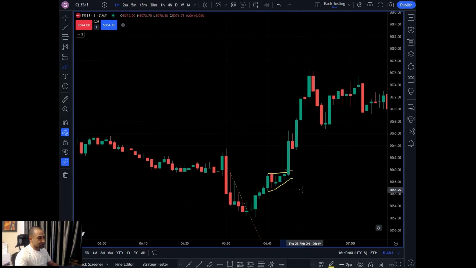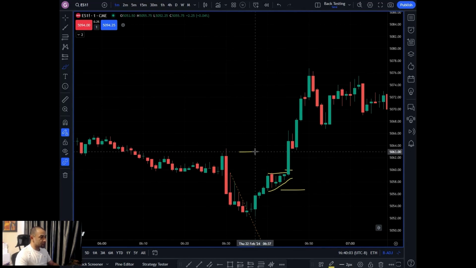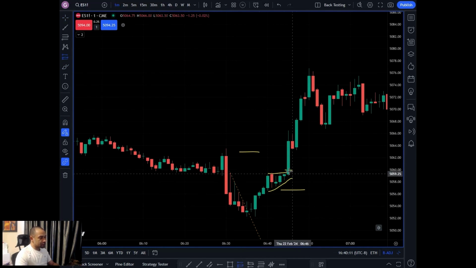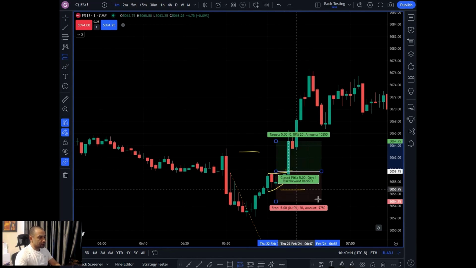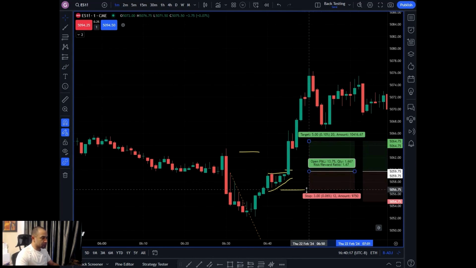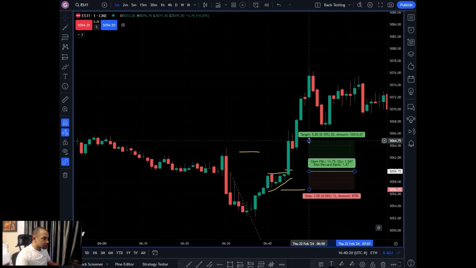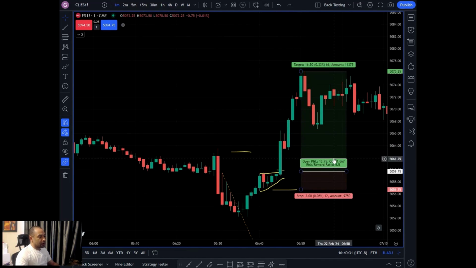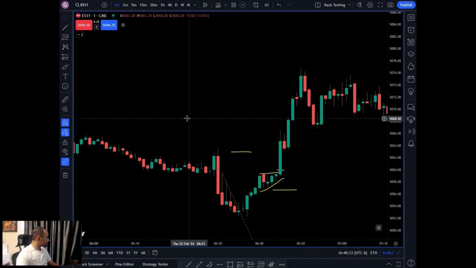Stop loss would be roughly down here. Profit target would be up here somewhere, which would be just above the high of the day. And that kind of a trade would set you up for, let's see, that'd be roughly a 1.5 if you held it. Definitely more than a 2-to-1 trade on this day, but that would be the setup right there. We'll get into exits and stop losses in a later video, so that's it for now.